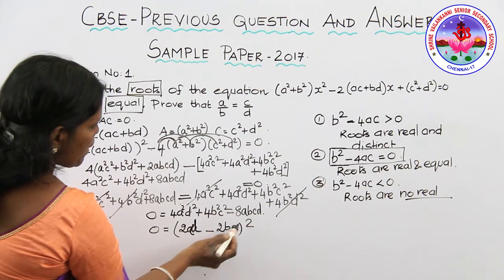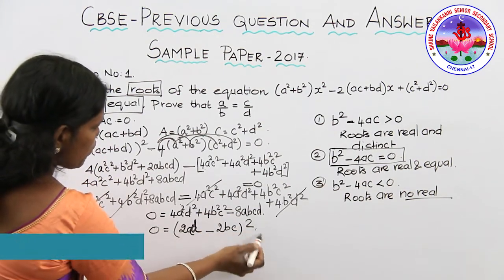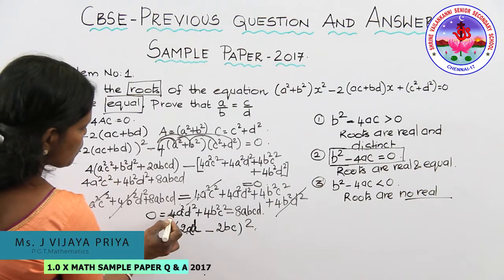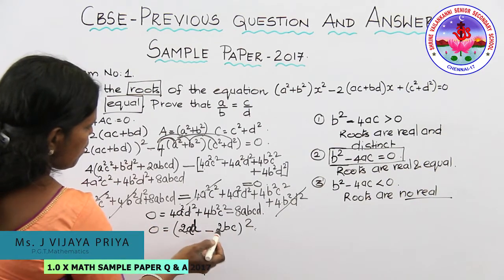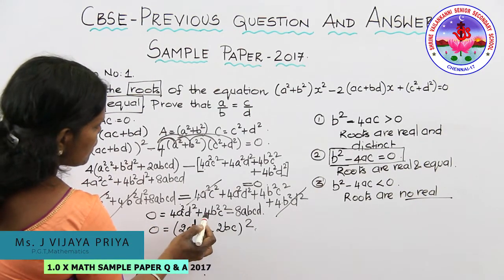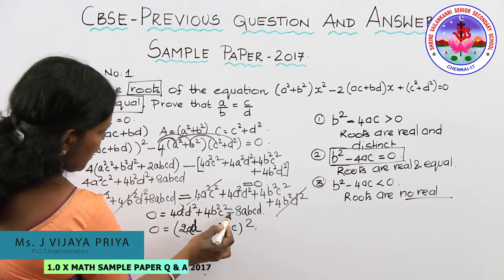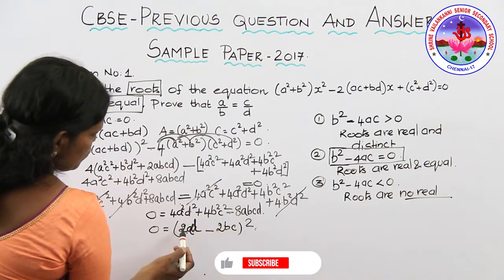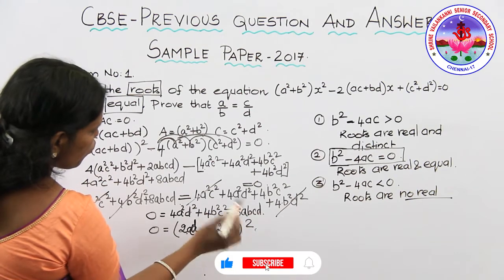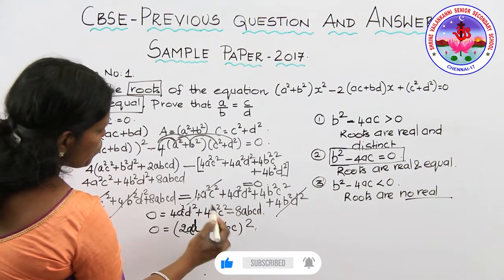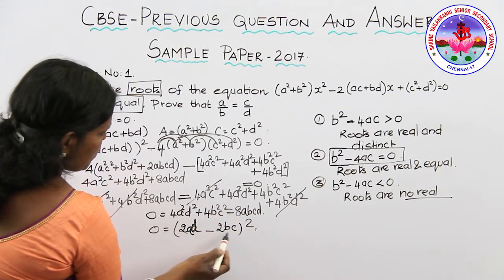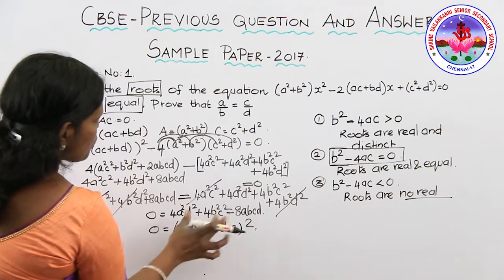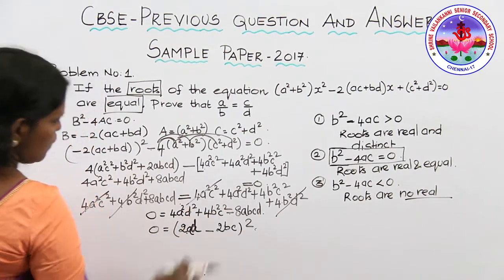So a squared minus b, (a minus b) the whole square. I get the expansion: a squared is 4a squared d squared, plus the expansion of b squared is 4b squared c squared, minus 2ab. So 2 into 2 into 2 from the formula, you will have 8, and for ab you have abcd. So this holds, this formula.